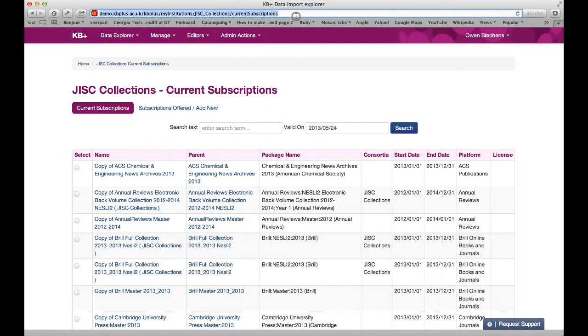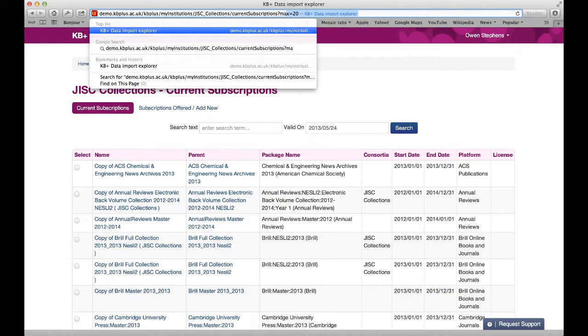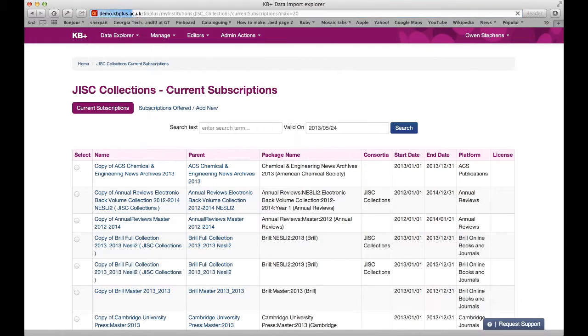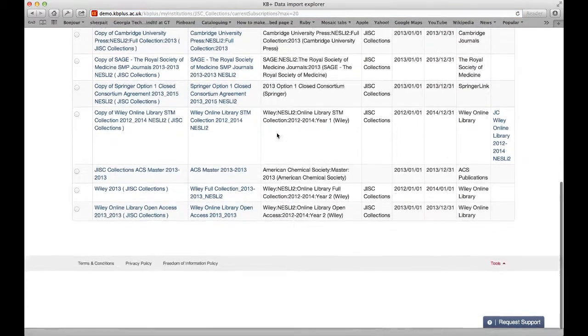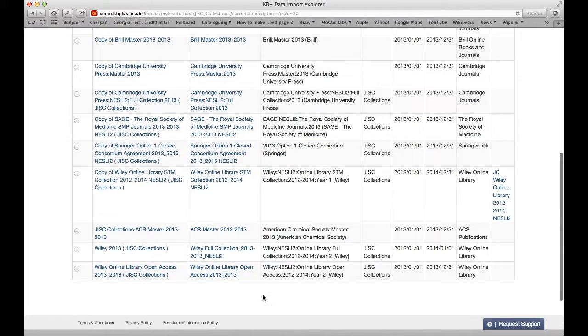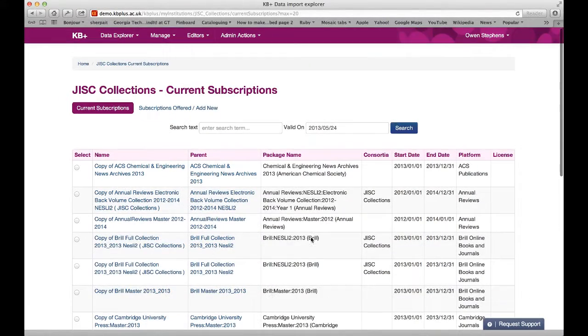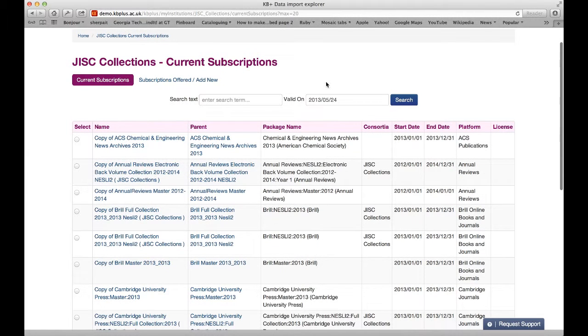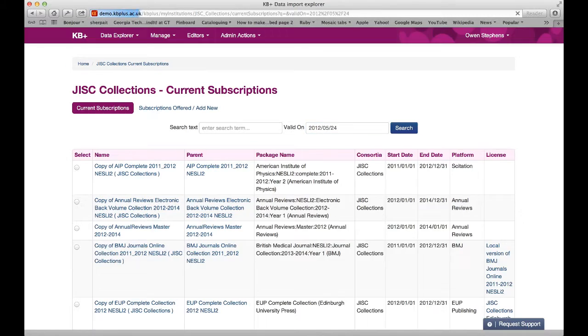Same idea, and if we do max equals 20, so we know there's about 20 here, then we get all 20 on the screen at the same time, and we lose that pagination. The only other thing to look out for here is that if you wanted to combine it with something else, so let's say we want to see our subscriptions from 2012, then if we wanted to do